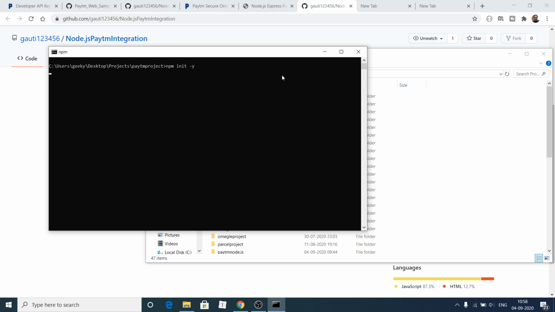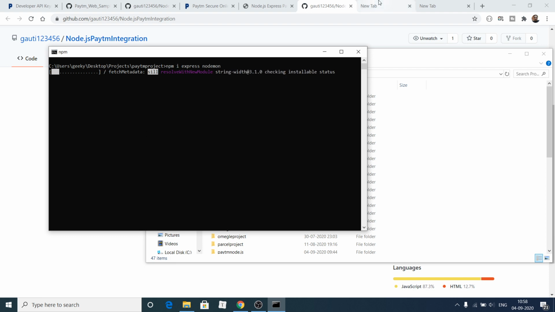So this will create the empty package.json file. Now we need to install Express, so npm install express, and one other dependency, which is nodemon, which will automatically restart the application when we make any sort of changes. So it will take some time to install, so just wait.